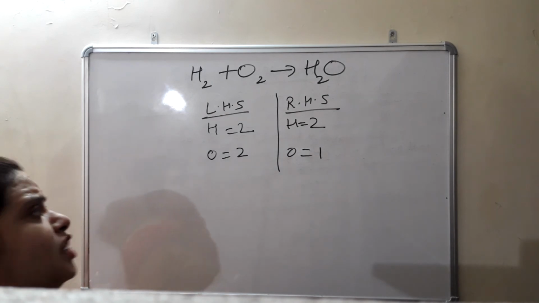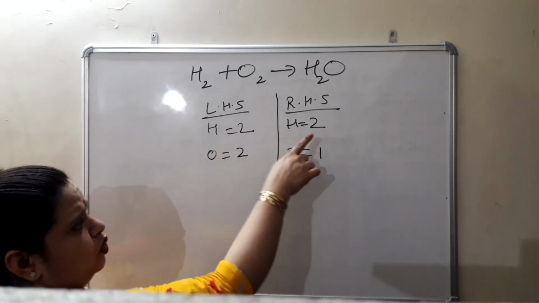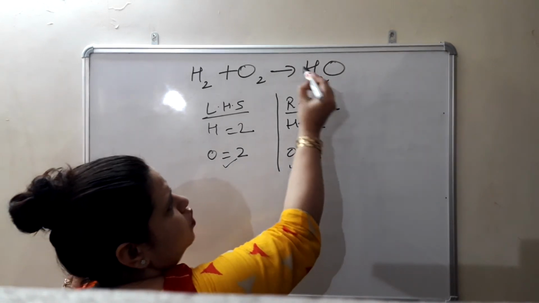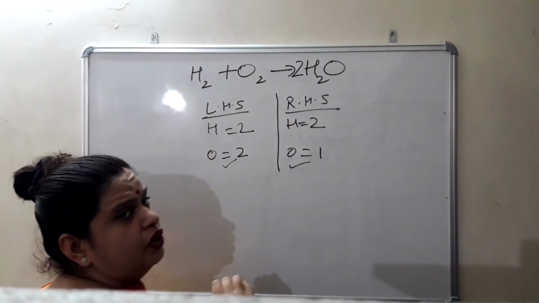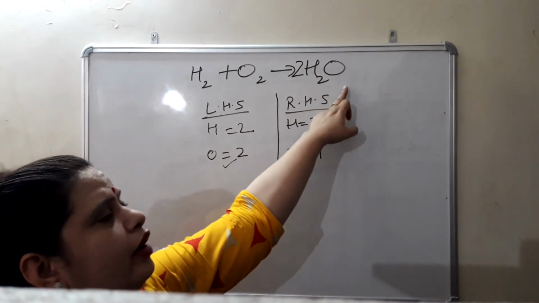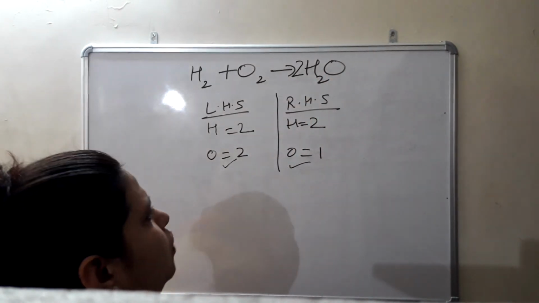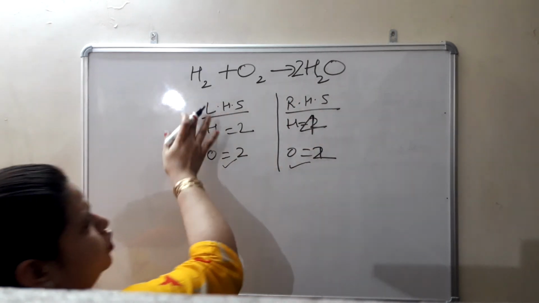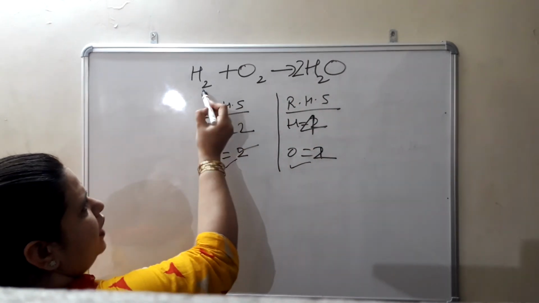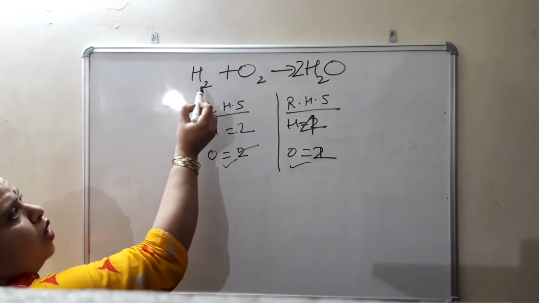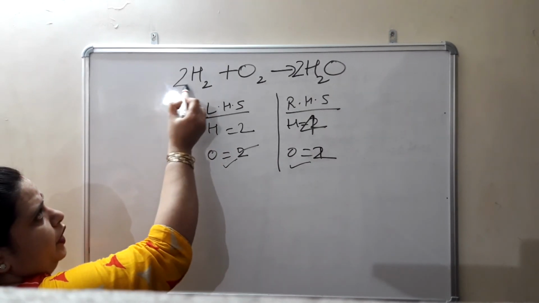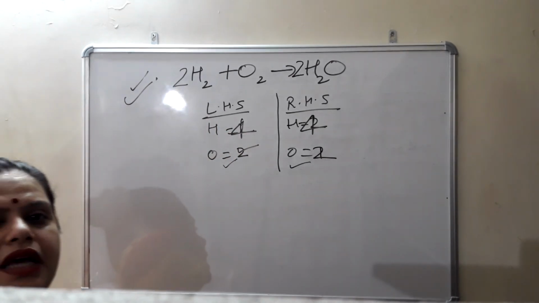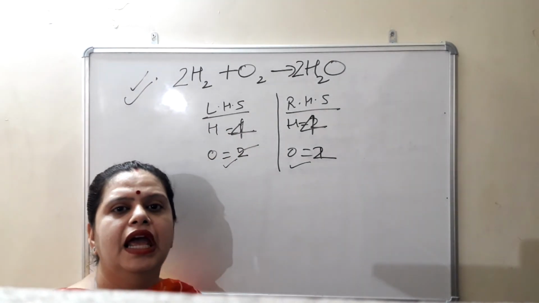So by this reaction, we'll get an idea. Okay, hydrogen is balanced, but oxygen is 2, oxygen is 1. So I have to make this 2. I will put here 2. This is the rule. I cannot insert this 2 here or here. Now when I will write here 2, oxygen will become 2 and hydrogen will become 4. Now come to this side. Oxygen is 2. Hydrogen, I have to make this 4. So how I will make it 4? I have to write here 2. So this will become 4 and the reaction will be balanced. Like this we can balance the chemical equation.